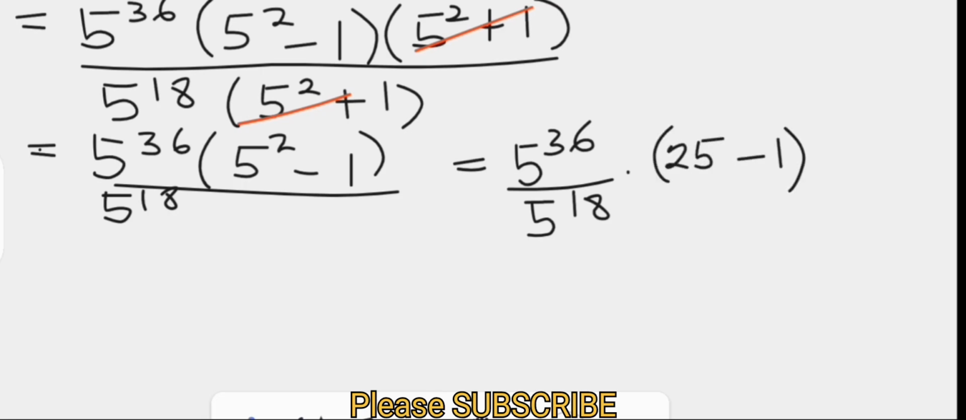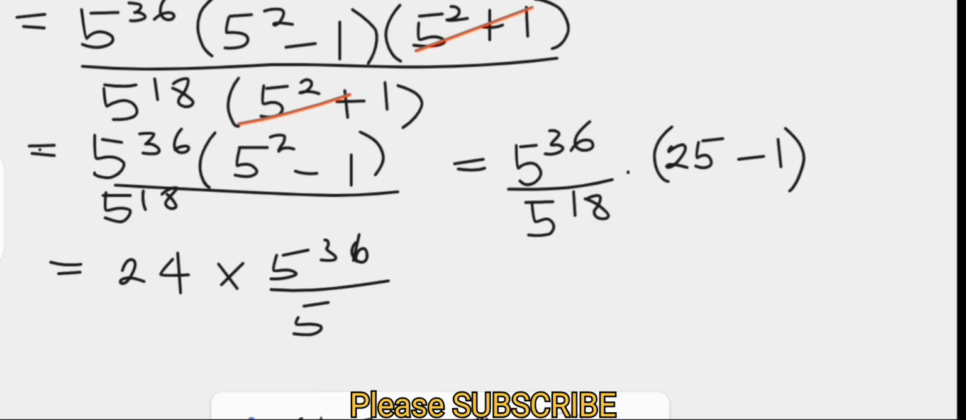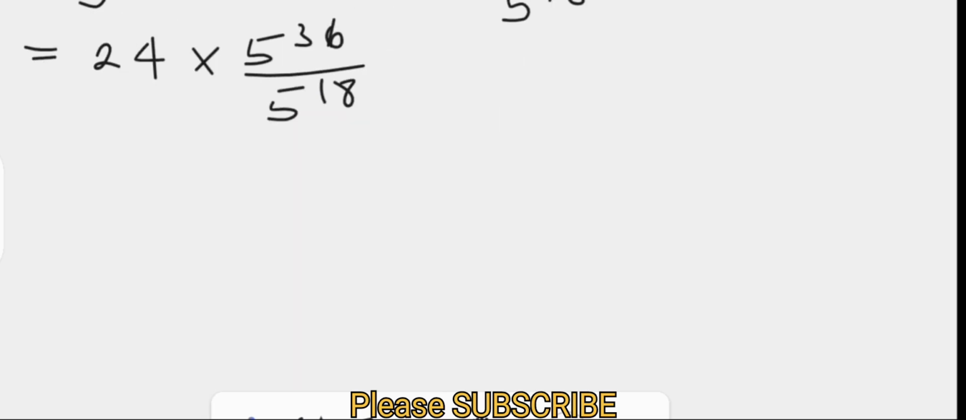of 5 raised to the power 2 minus 1. And 25 minus 1 is 24. Let us write that first, where we have 24 times 5 to the power of 36 divided by 5 to the power of 18, where we then apply the last skill in the set of solution skills to get the final answer,